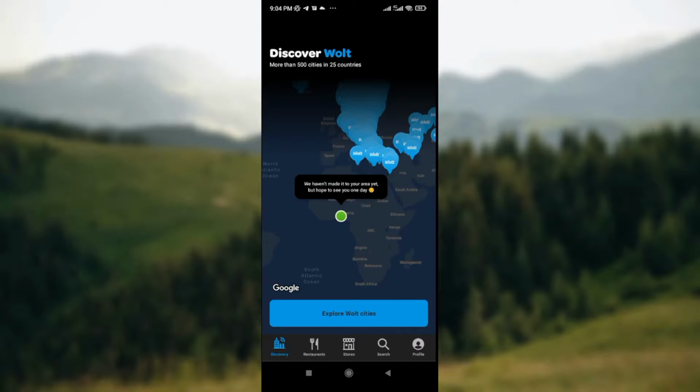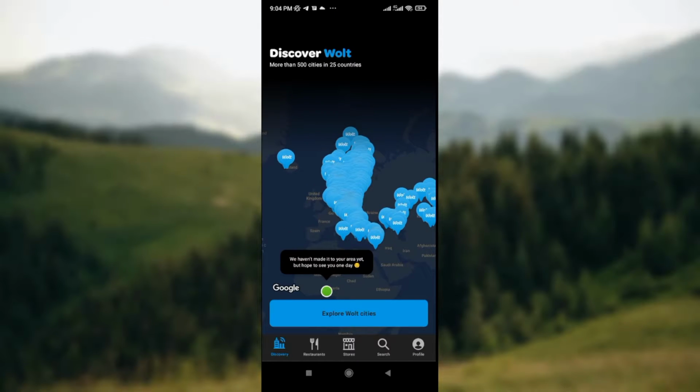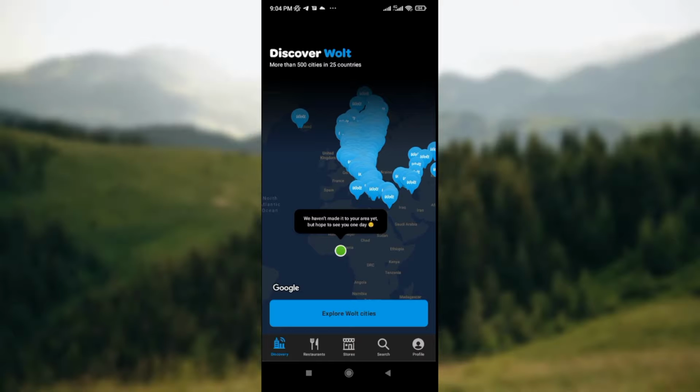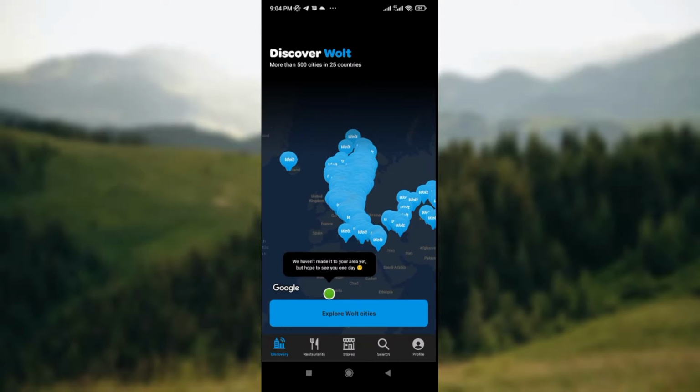of a map showing you several Wolt restaurants and where they are located in several cities or countries. You can take a closer look at it to see the one that is closest to you, so that you make the right choice when placing your order. It is basically about ordering and delivering food. If you want to order food online, you can use the Wolt app. You click on the restaurant that you want, and the food will be delivered right to your doorstep without you